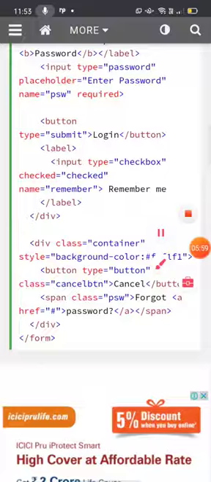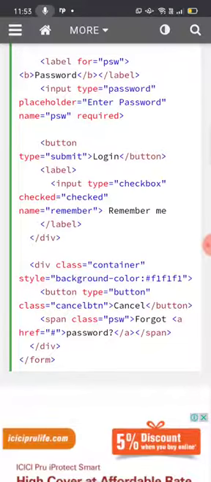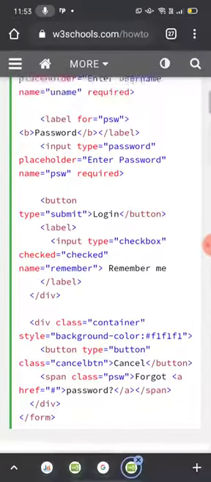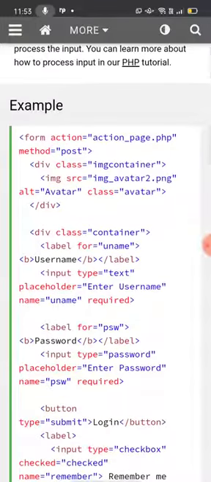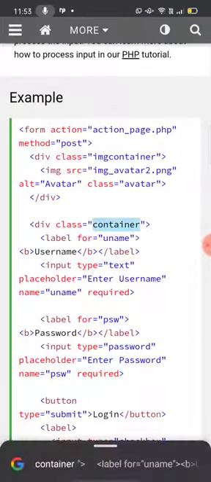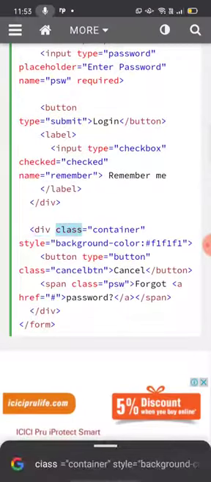Next, div class container. Now we are going to start with a container tag. Let us see what value you can insert in a container. Different styles are given over here. Now you can understand what the div tag is. First you have done with a container, and div class is equal to container is defined over here.